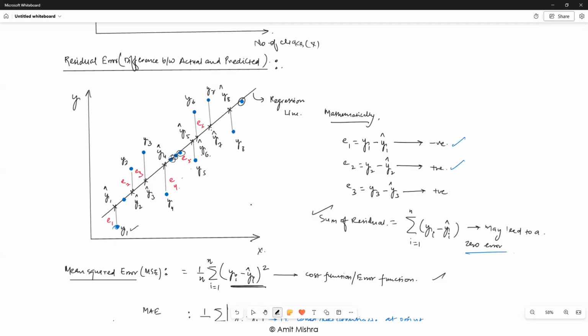You see that we are trying to compare. Now, if you see the difference between actual value and predicted value for y1, it will be a negative value, whereas between y2 and y2 hat, it will be a positive value, and the difference between y3 and y3 hat will again be a positive value. Y4 and y4 hat, it will be negative. The reason is very simple: y4 is lower than y4 hat. Y5 is also lower than y5 hat, so this will also be negative. Now if I follow a simple scenario of adding them together,